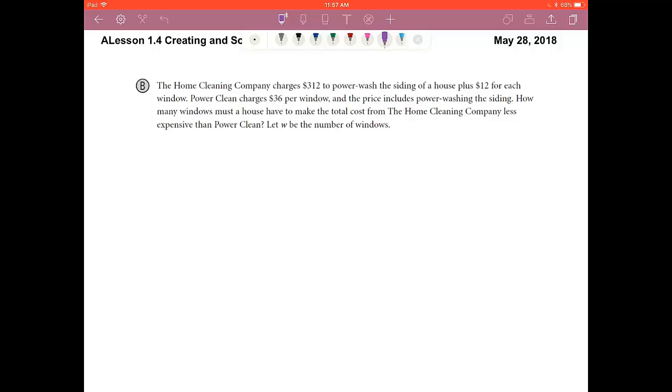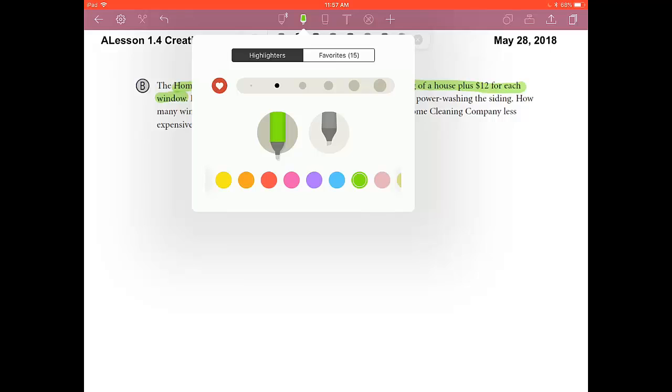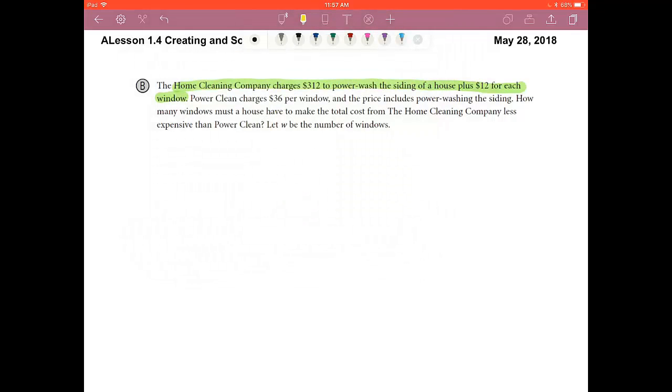Here's another example. The home cleaning company charges $312 to power wash the siding of a house, plus $12 for each window. So home cleaning, $312 plus $12 for each window. So that 12 I know is going to be a coefficient. Power Clean charges $36 per window, and that price includes power washing the siding. How many windows must a house have to make the total cost from the home cleaning company